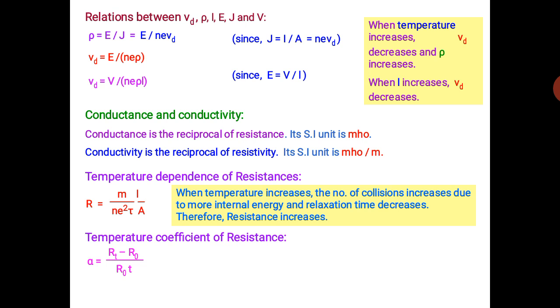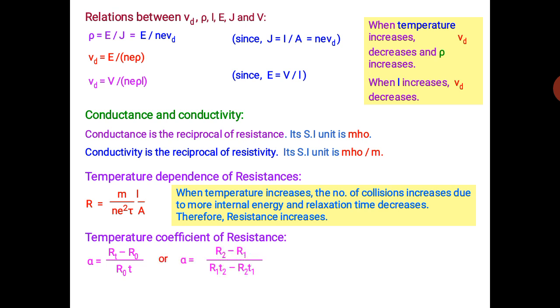Suppose R naught is the resistance at 0 degree centigrade and RT is the resistance at a temperature T degree centigrade, and T is the temperature. So we can write alpha, that is temperature coefficient of resistance, alpha equal to RT minus R naught upon R naught T,